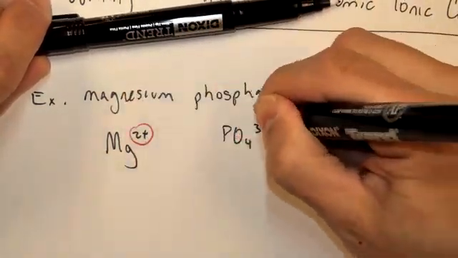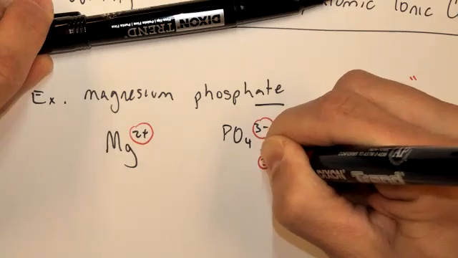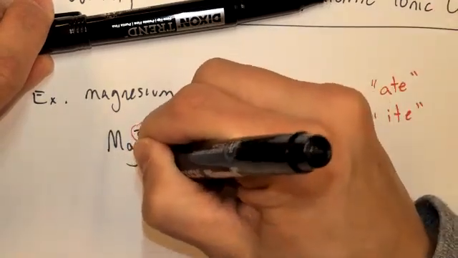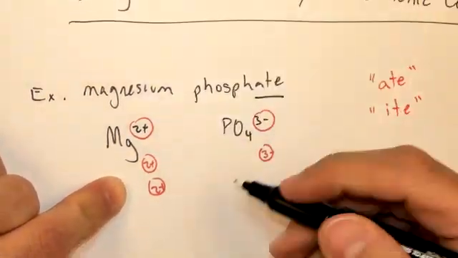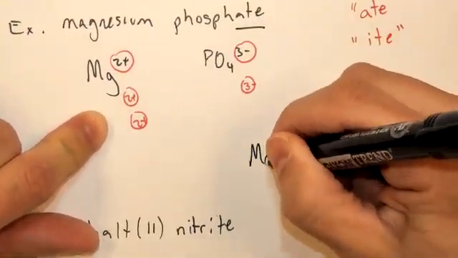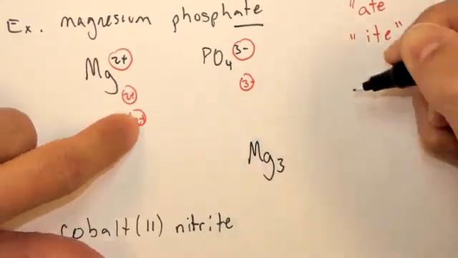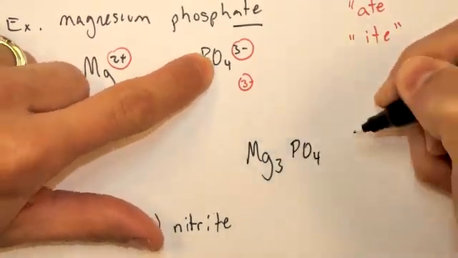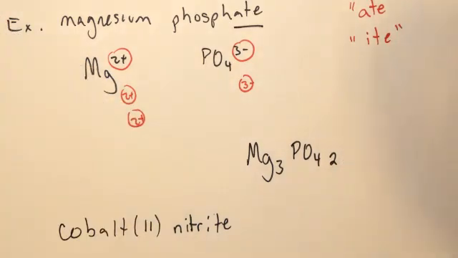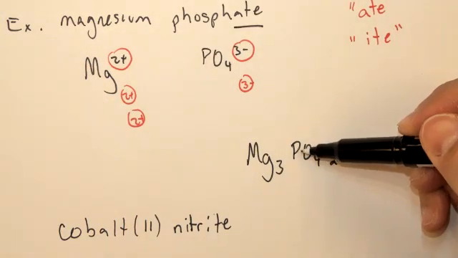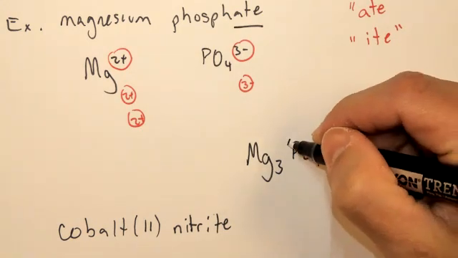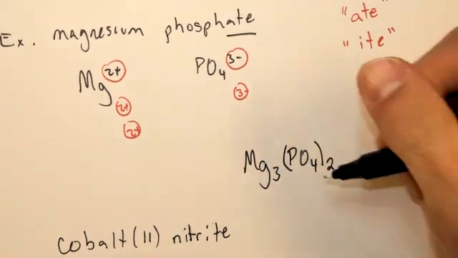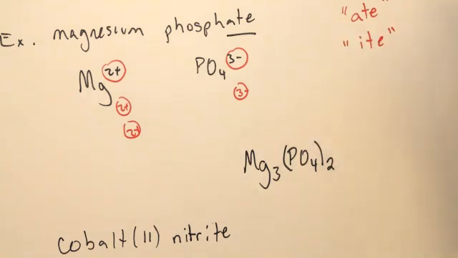And so with a 2+ and a 3-, I'm going to need another phosphate and another 2 magnesiums in order to balance this out. And so this formula would end up being Mg, I need 1, 2, 3 of them, and phosphate, and I need 2 of them. Now, when I write the formula, I can't write PO4 2. It almost looks like there's 42 oxygens. So I do need to remember to put in my brackets, and this indicates that there's 2 of this entire